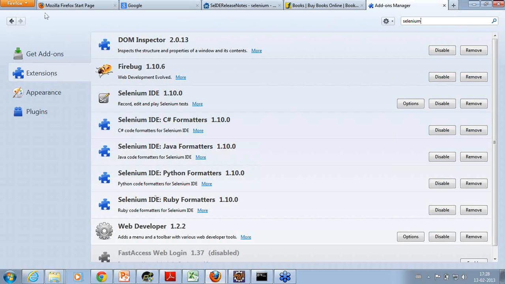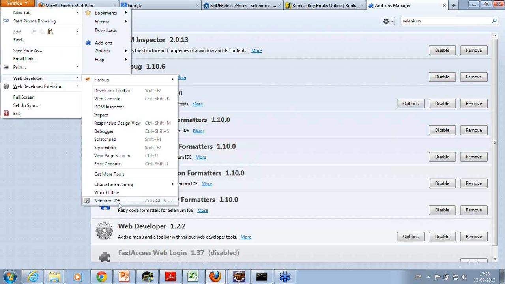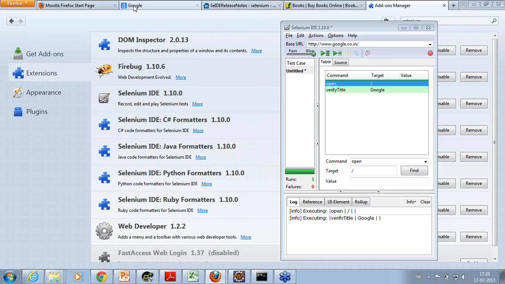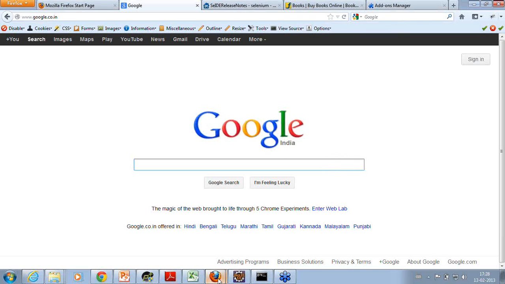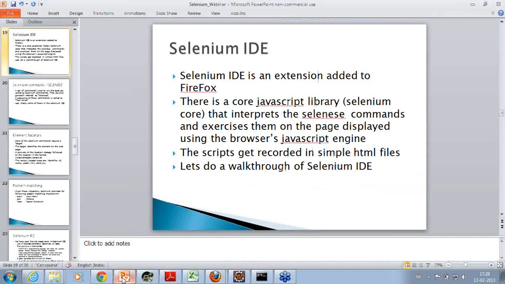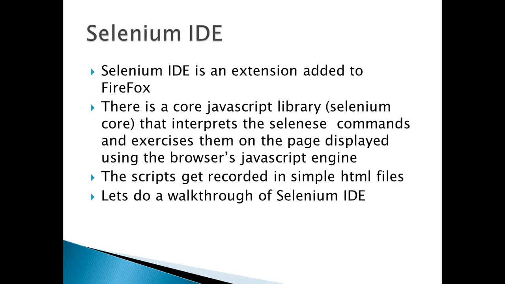You can install it by going to the extension, and you can quickly launch it through this Selenium IDE which I showed to you. Now if you look at the IDE, there are various components, and I'll give you a brief introduction about them, but let me just share some basic details about Selenium IDE.